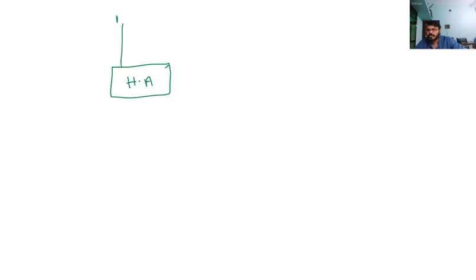One input will be A and another input will be B, and you have two outputs. The outputs will be sum and a carry. Now this sum is given to another half adder. So you have another half adder here, and this is your second half adder.